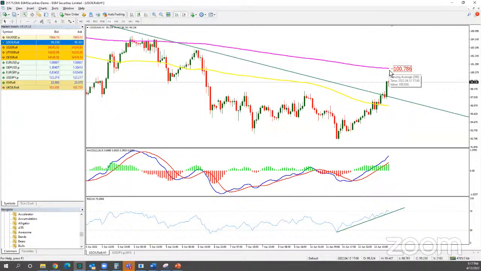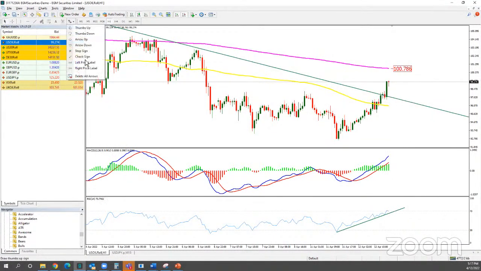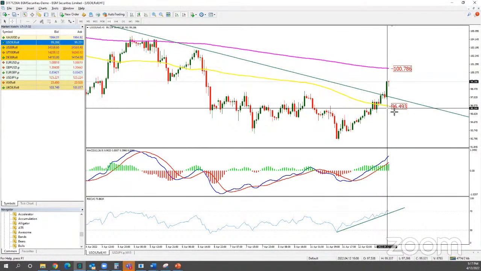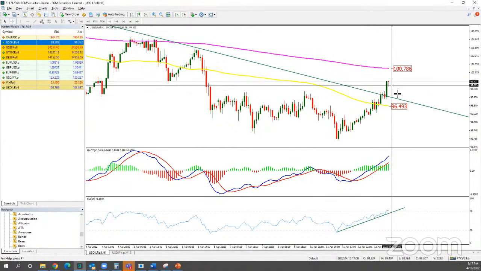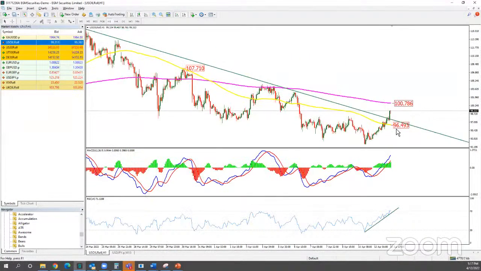So the 100 mark is the most important level that I need to watch for. At the 100 mark, we could see a really huge bullish candle to the upside in the coming hours, or we could see a small retracement happening to this area. So how can I tell if this is going to continue or not? This is the main level to watch for the bears. If, let's say, the prices went back and defeated the 96.50, that means we could see a continuation to the downside, and then the next level to watch for is the 93 or the 92.80.